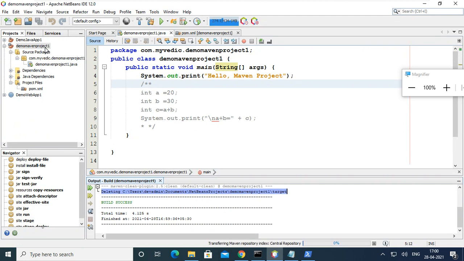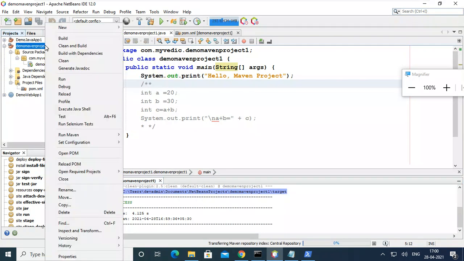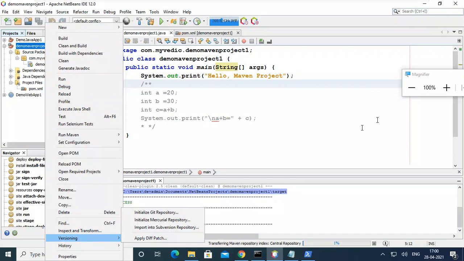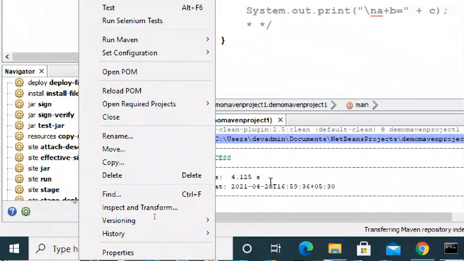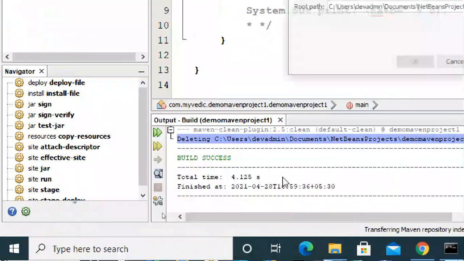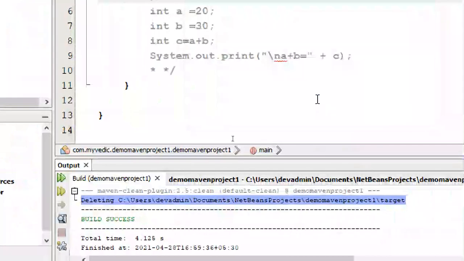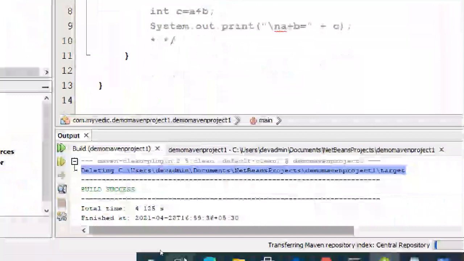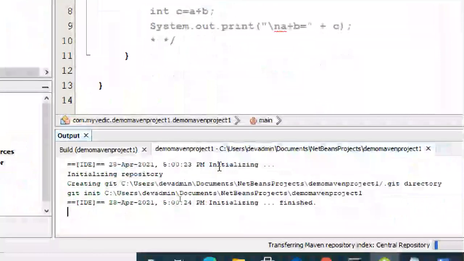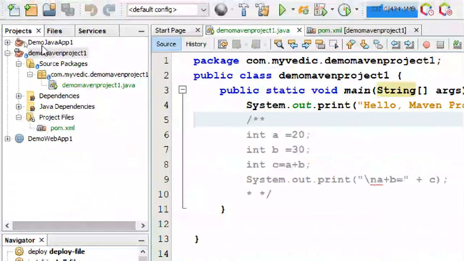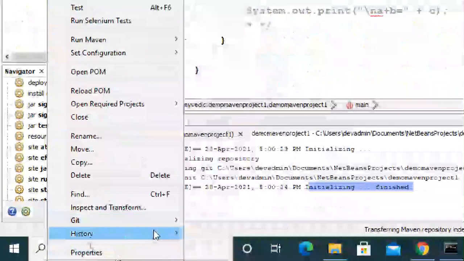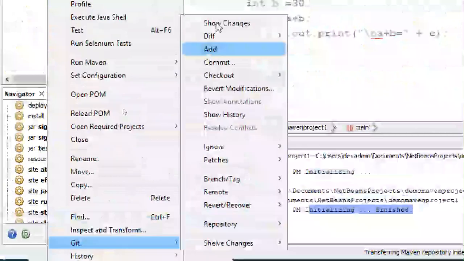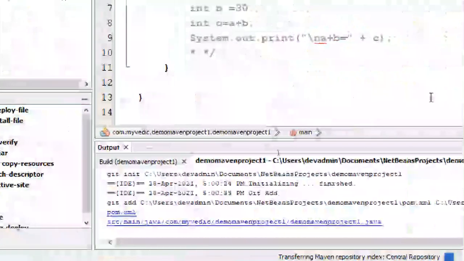Now cleaning is completed. Now I'm going to put it in Git. So you can see versioning, initialize the Git repository. Okay. So I'm putting it in Git. Initializing is finished. So what is the next one? Git add.